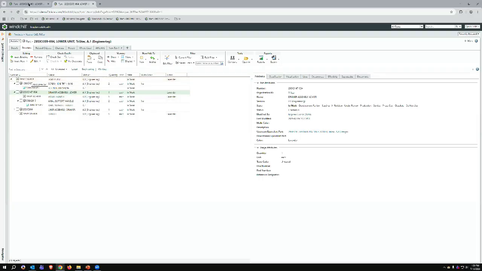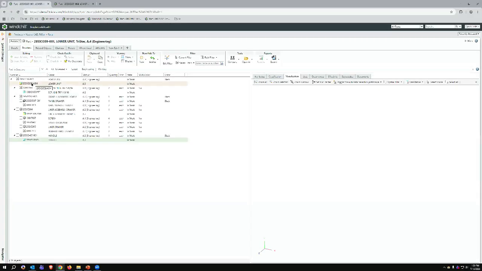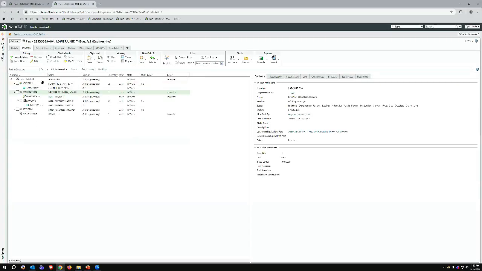So I can always open up that source CAD model and modify and propagate the changes to all of these color variations. So in my change management, if something happens on this